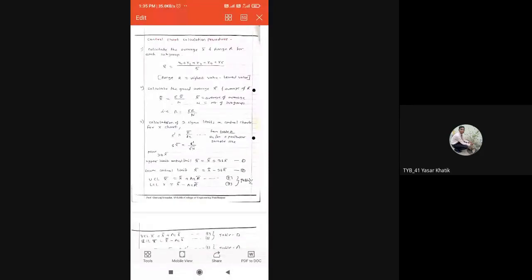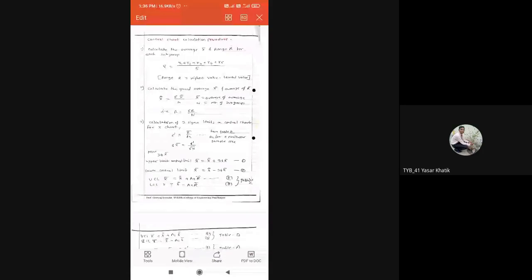Now the upper control limit: x bar is equal to x double bar, that is the average of averages, plus 3 sigma x bar. And for the lower limit we can calculate x bar is equal to the average of averages minus 3 sigma x bar. This is the formula, and we can modify it with the help of the above formula: x bar is equal to the average of averages plus A2 into R bar. That is the final formula modified from the above. The table I will send soon, so don't worry about it.